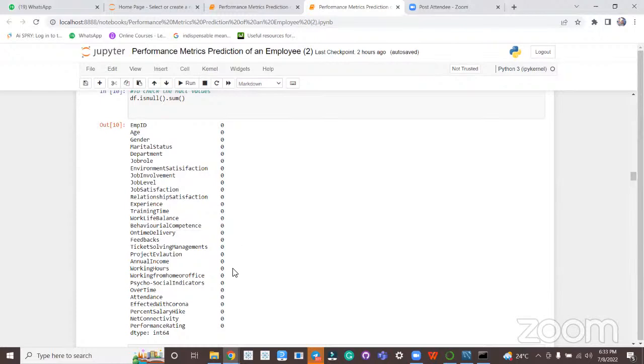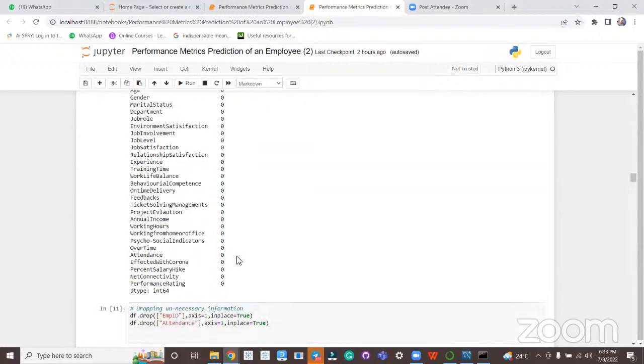So if there are any null values, then the isNull function is going to return true in that particular cell. So that will be counted as 1. When you add, you will get the total number of null values for each column. And because the data that we have captured is from the HRIS system, and of course we have done primary sources data extraction, we do not have any missing fields here.